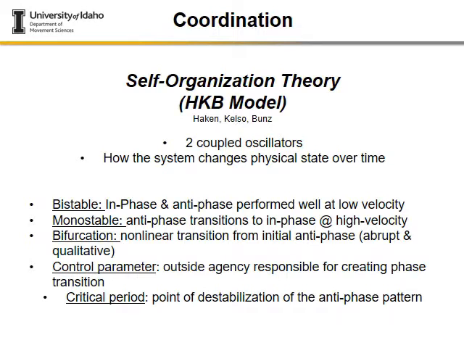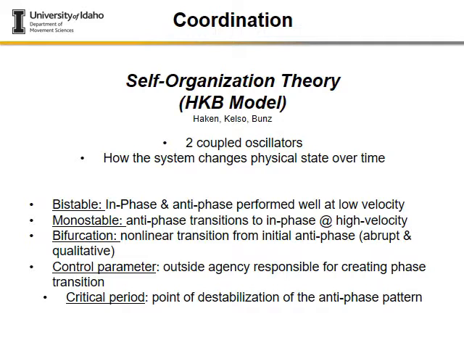So these are some terms that I want you to understand and know. Sometimes things can be in a bistable position, and that's at these lower velocities, where the task can be performed well both in phase and anti-phase. And think back to that finger tapping task. When you were going slower, you could do it well in both in-phase and anti-phase. Some people are better coordinated and don't have the ability to maintain other ones, but for the most part, that concept is bistable. Now, there's also the monostable,